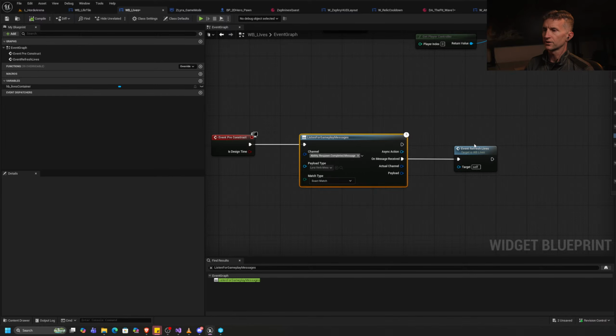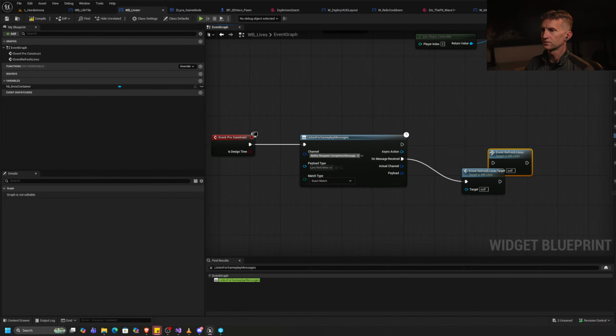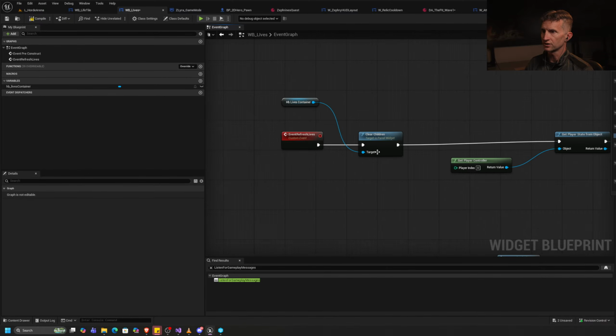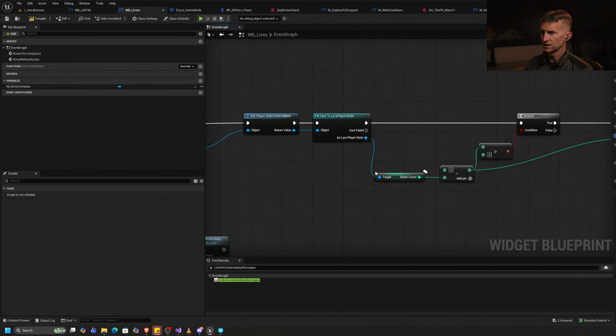So let's just figure out a couple things. First off, let's fix this situation where when it first starts, there are no lives showing. So what we want to do is listen to messages, and we're also going to refresh our lives. And then whenever we receive the message, we're going to refresh our lives. Now, what we want to do in here is